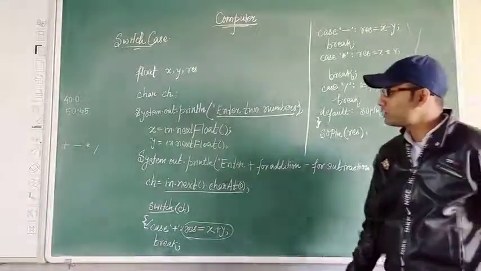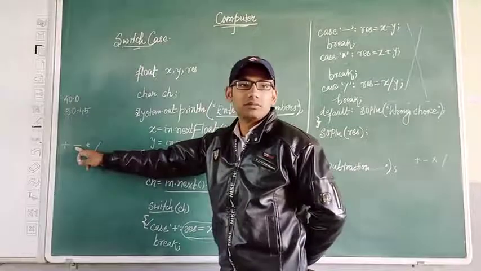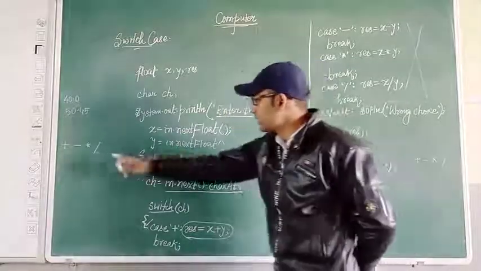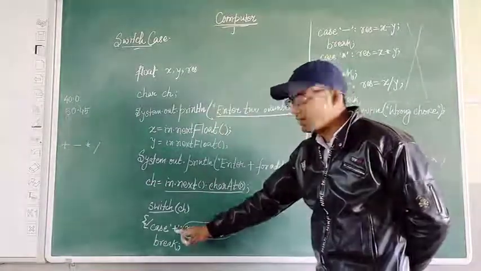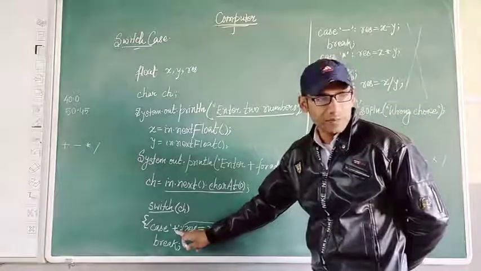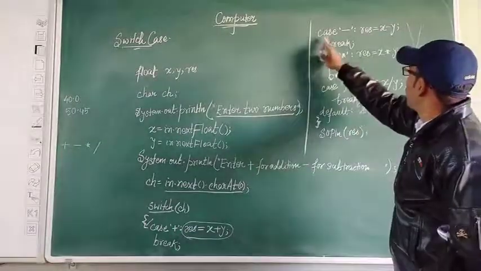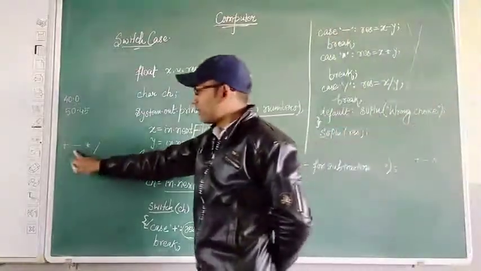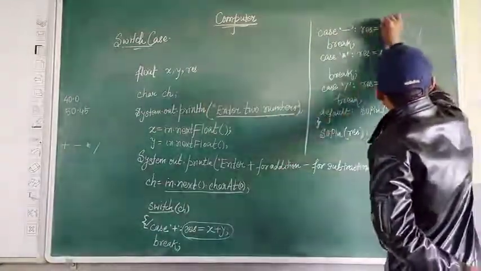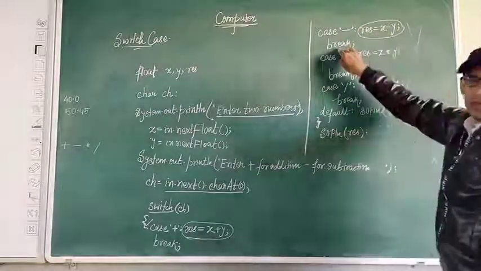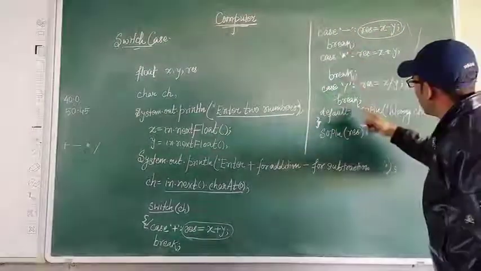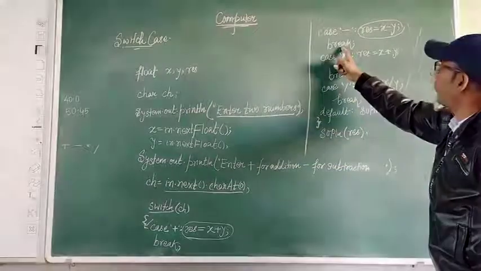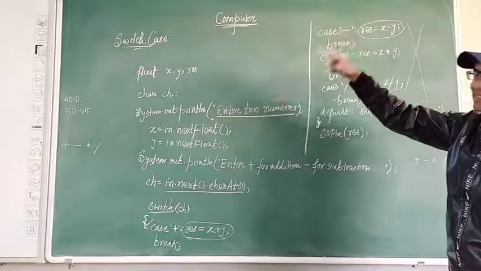If the user wants subtraction, meaning if the user feeds the negative sign, then this negative sign will first be matched with this sign, but both signs are not the same. It will continue forward and look over here, case negative. This sign matches with this sign, right? So this part will be executed. After that, break. So the rest will not be executed, right? Why? Because the compiler found that this negative sign matches with the input of the user.